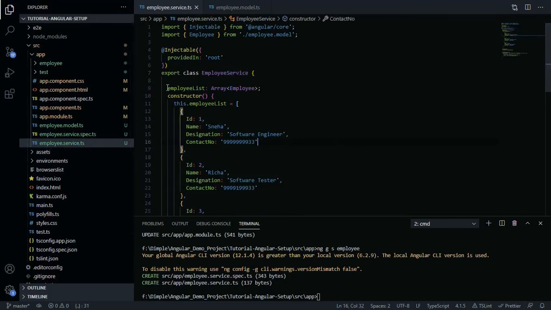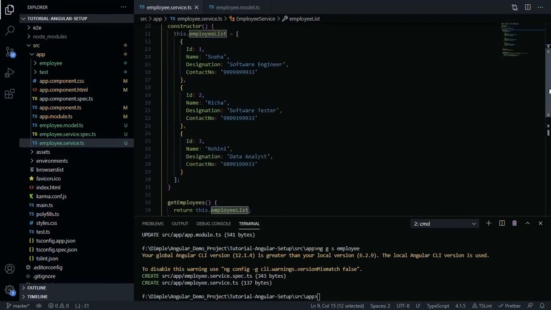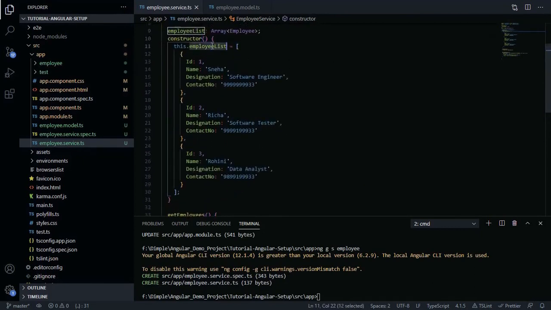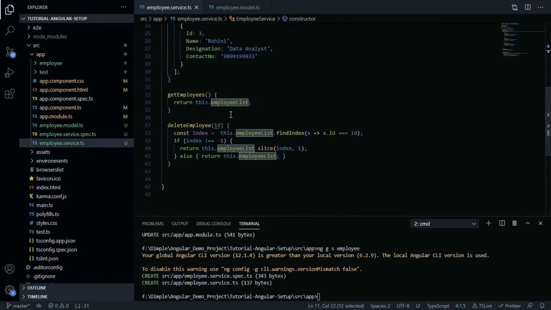Now we have written one piece of data. This employeeList is our data, or you can say the property, and we define it as an array of Employee because we want the employee list. Then we added the data into that employee list, and then we created two methods. One is getEmployees for getting the employee list, and another is deleteEmployee so that we can delete the employee from the employee list based on ID.